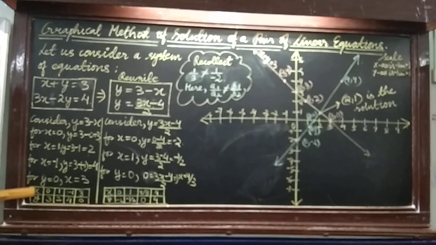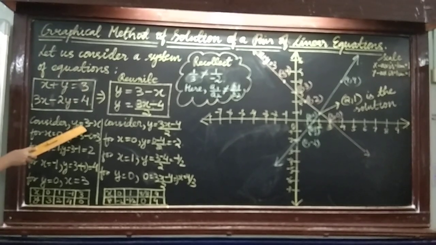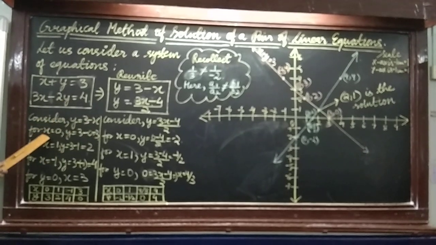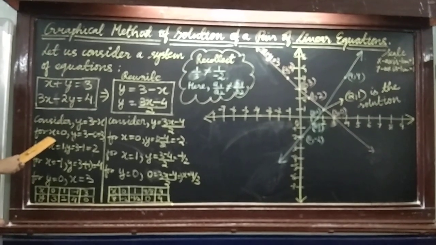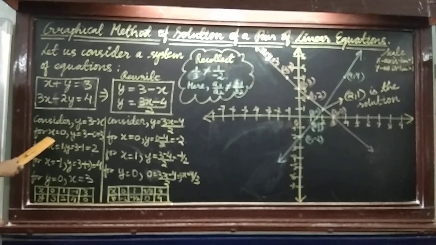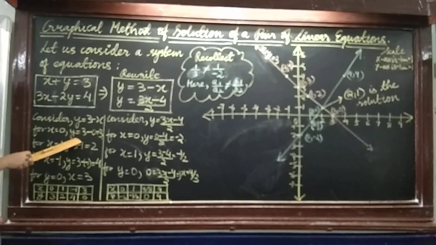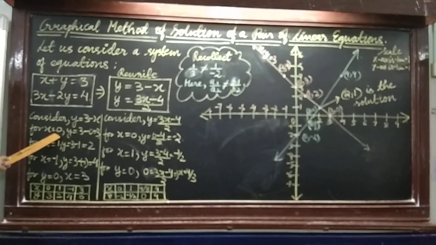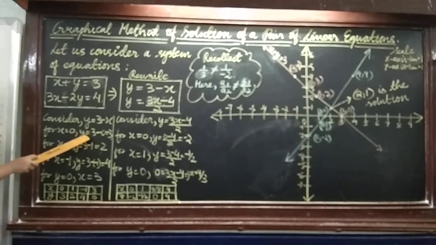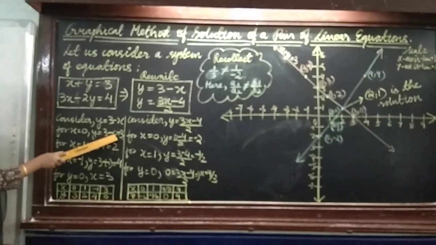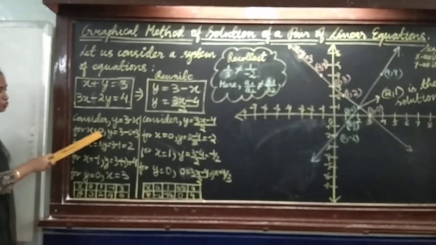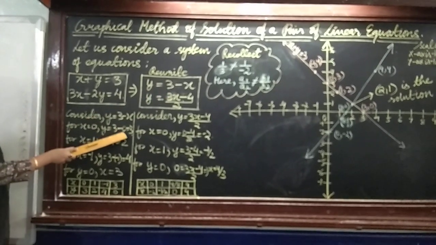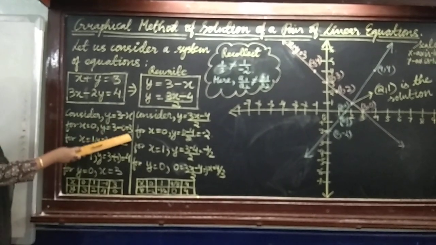So considering the first case where I am taking y equals 3 minus x, right? The first thing I do is start choosing values of x, because for any value of x you will obtain a value of y. So here you choose the value x equal to 0. As soon as you choose x equal to 0, you substitute in y equals 3 minus 0, because the value of x you chose is 0. So in the equation y equals 3 minus x, you substitute x equal to 0, and you obtain y equal to 3.